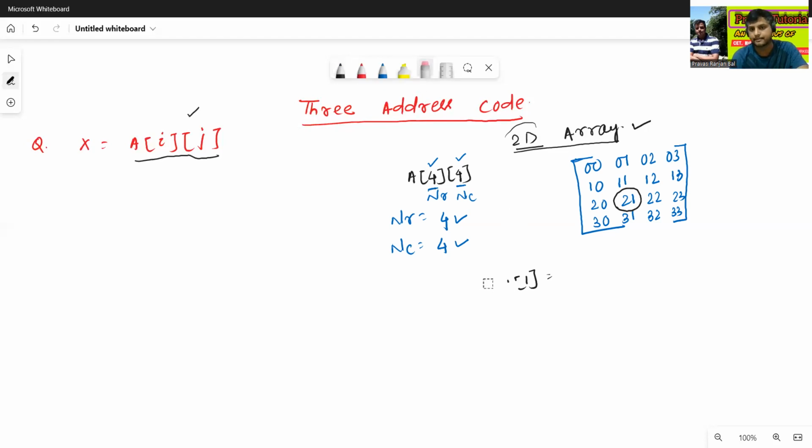I am writing here. Let's see. There are two types of order: row major order and column major order. First we will see the row major order. How is a 2D array stored in a 1D array? If we are following the row major order, first we will select the first row. Just see: